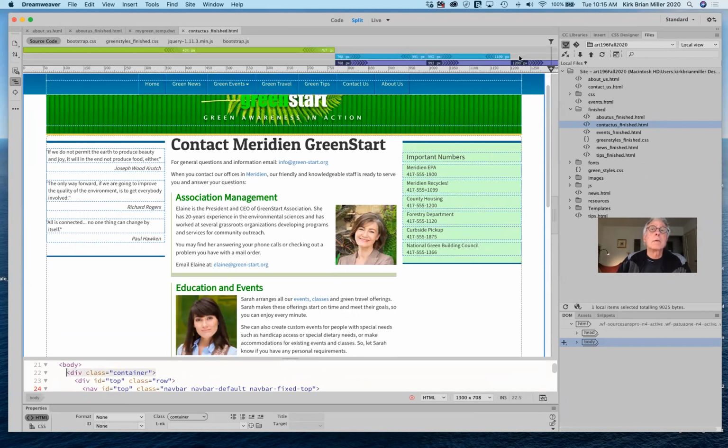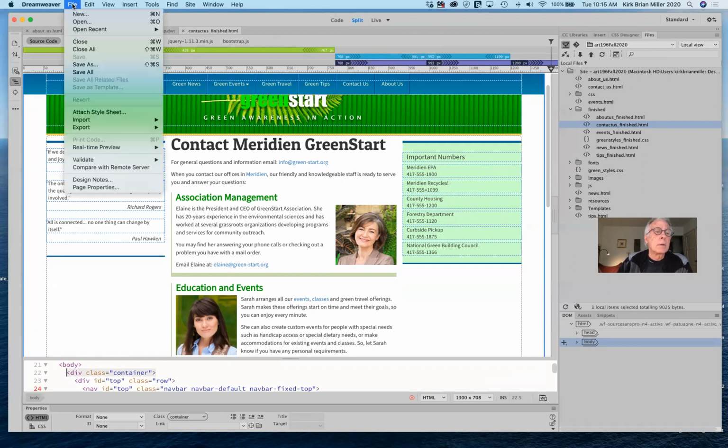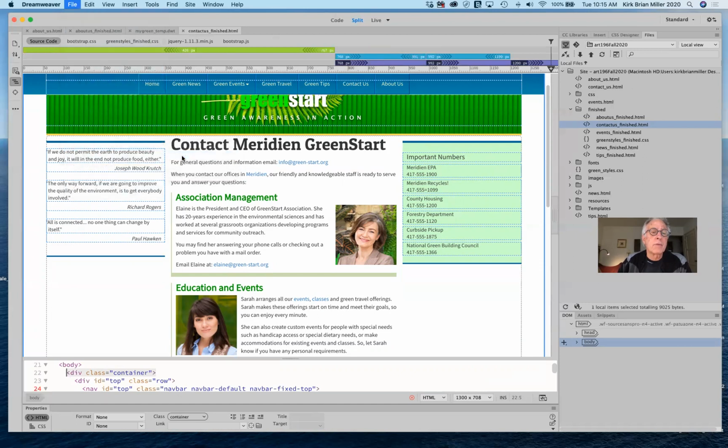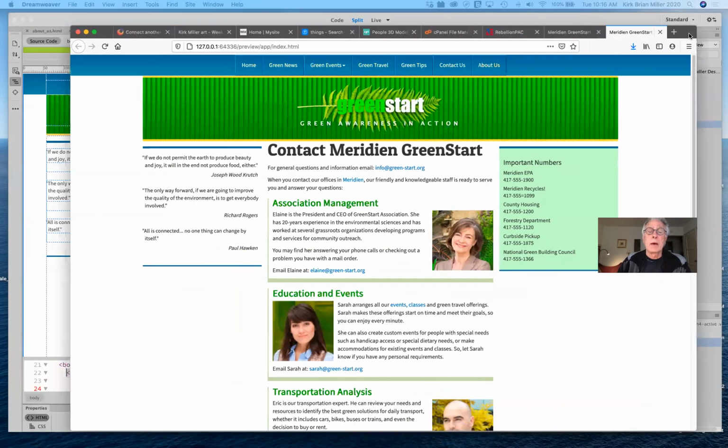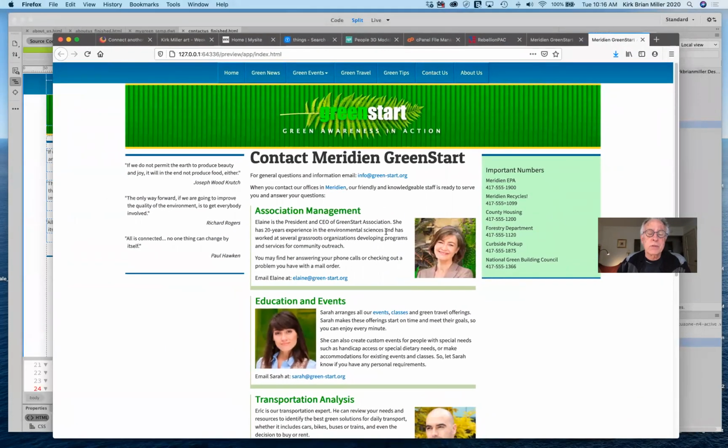So what we can do is, I'm using Firefox by Mozilla at the moment. But if I go to File and I go to Real-Time Preview, you generally have these three options. You could also use Opera and a number of others. But I'm going to go ahead and use Firefox. Okay, so here is the finished version in Firefox, and we can try out all the different links